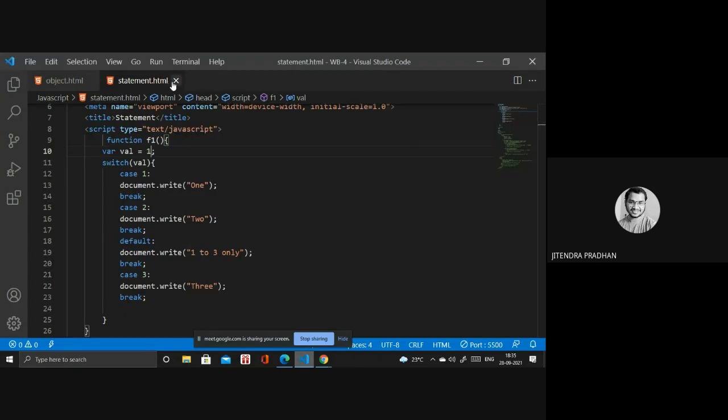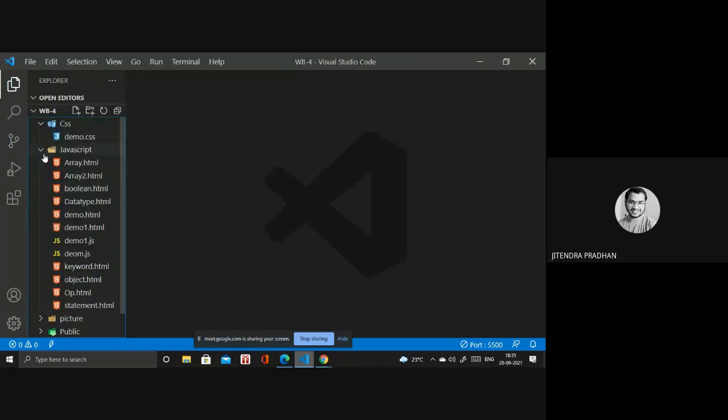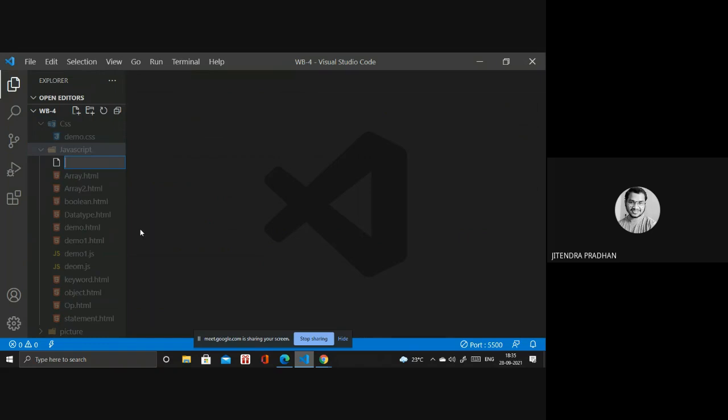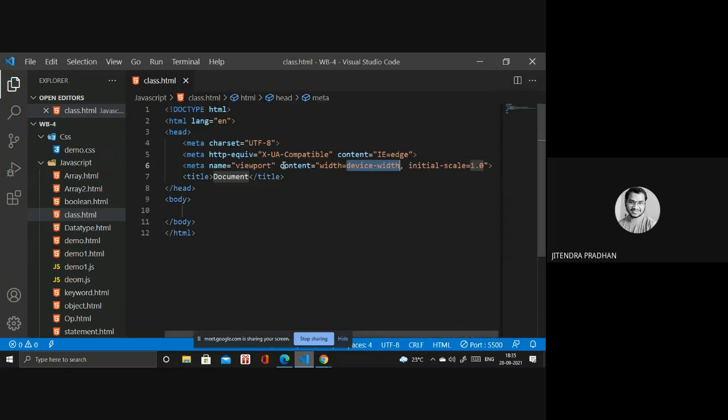So I will create another file inside, it's better, something like class.html. Okay. So, classes, you can call it as well.